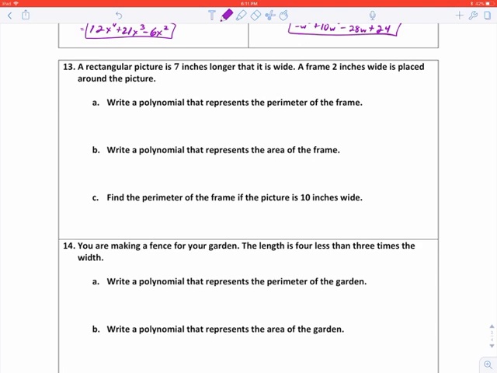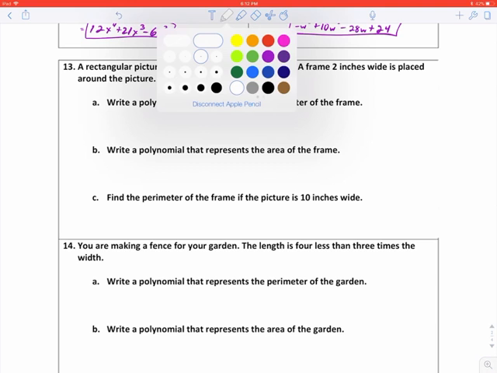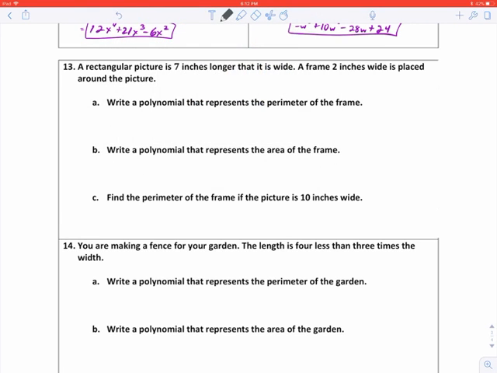Alright, moving on to 13. A rectangular picture is 7 inches longer than it is wide, and a frame 2 inches wide is placed around the picture. So something that helps, speaking of a problem about a picture, is draw a picture. You don't have to actually draw a full-on picture, but it's nice to draw like a little rectangle,